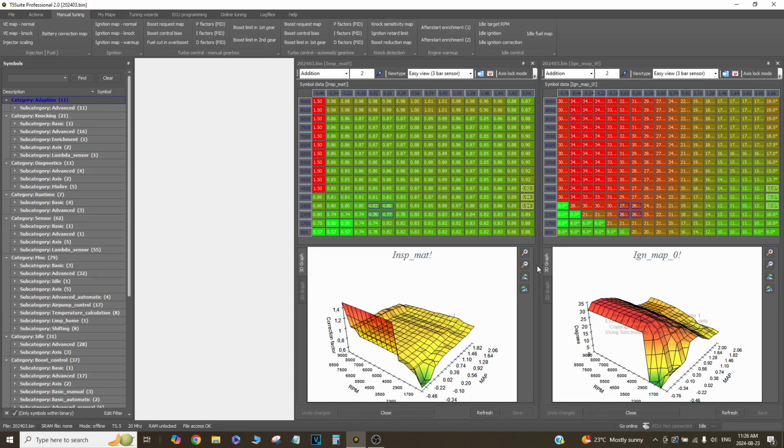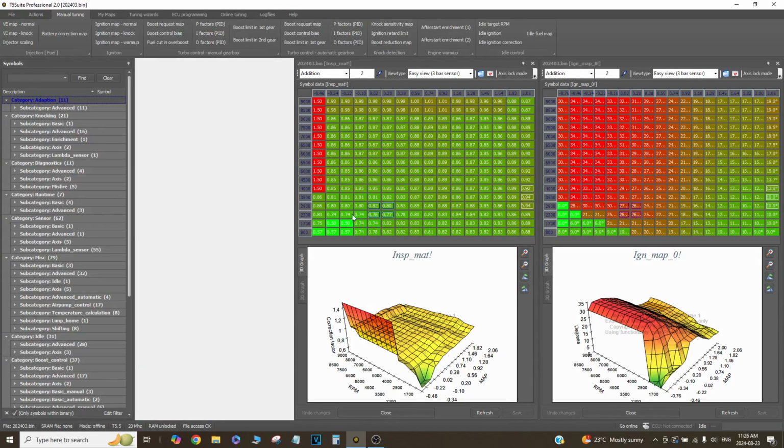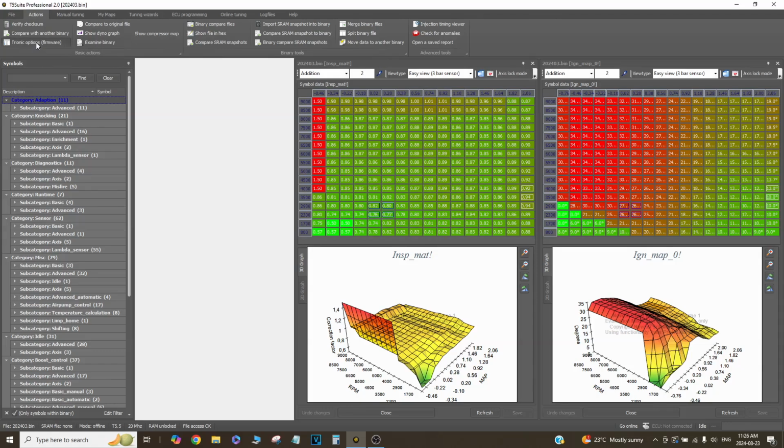So these are basically the 2 maps that this car runs on. I don't have any idle air control, anything like that, so it doesn't even use the idle fueling map or anything. That's all disabled. It just uses this for idle fueling, this bottom corner, and then this for idle ignition, etc. So before I get more into the actual mapping of things, I'm going to show you the Trionic options,